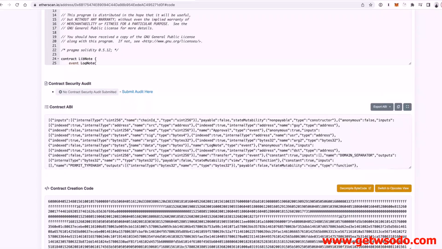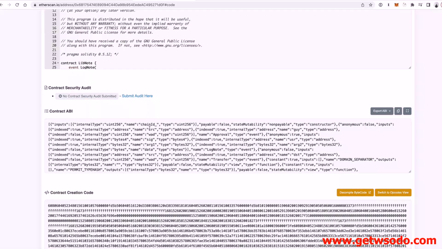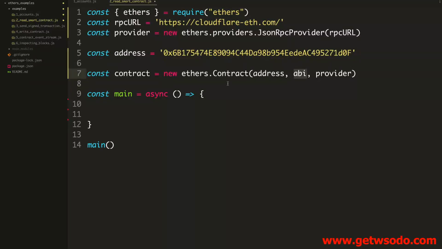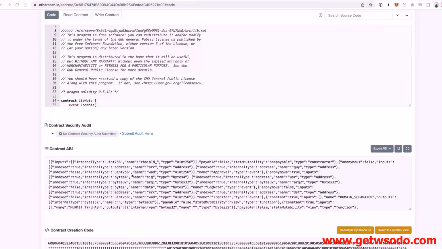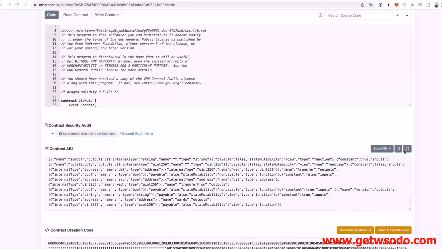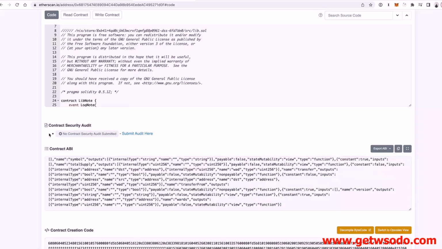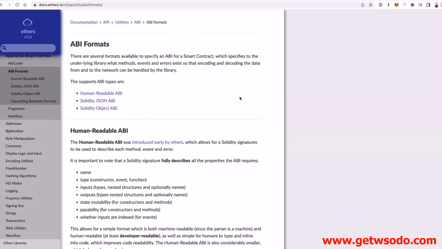It's not the full smart contract code, right? It's not the Solidity code. It's just the interface to tell you what the code does so that you can call the functions with a library like ethers.js. And so we need this ABI and the address to create the smart contract. One thing I could do is copy this entire ABI, okay, and then give it to the ethers.js library. But one thing I want to teach you about, which is pretty cool, is that Ethers supports